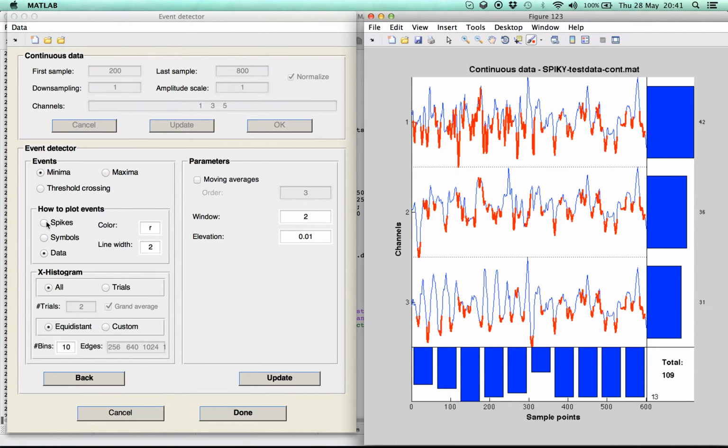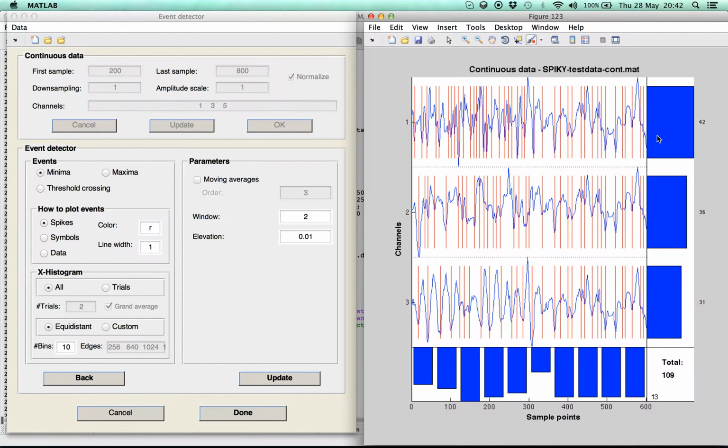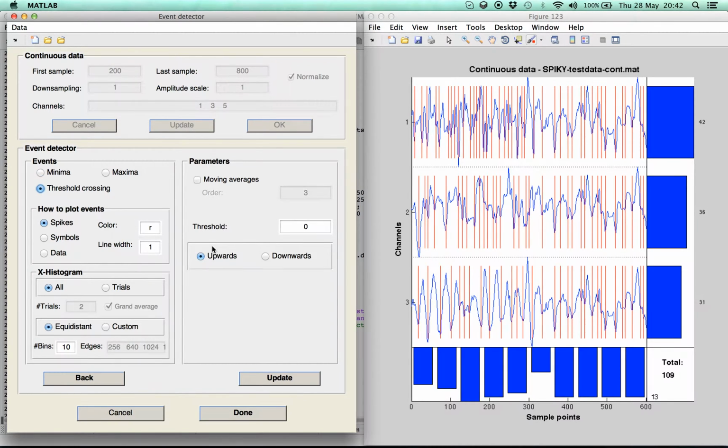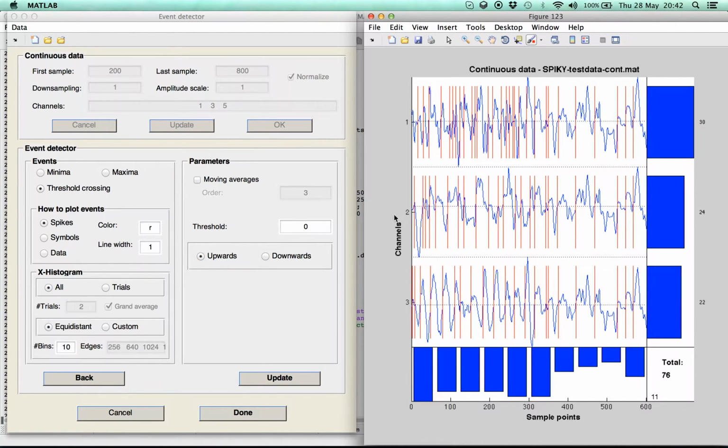Here we stick to the raster plot with standard line width. Then the 2 histograms show the number of events per spike train and per subinterval, respectively, which can help to verify that the selected events cover the underlying continuous data reasonably well. Currently, the other possible choices of events are threshold crossings, either upwards or downwards, and finally,